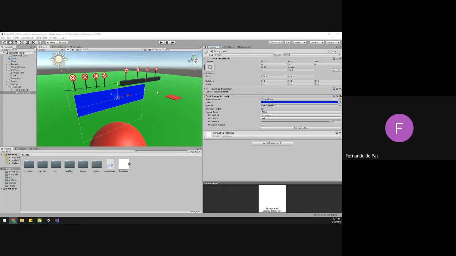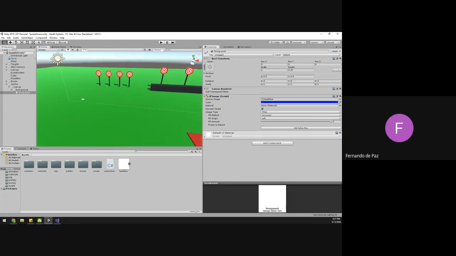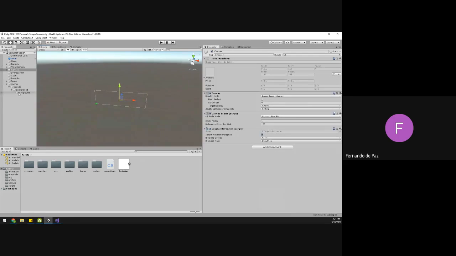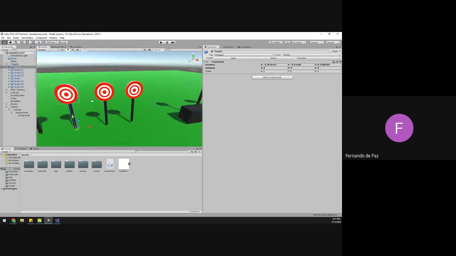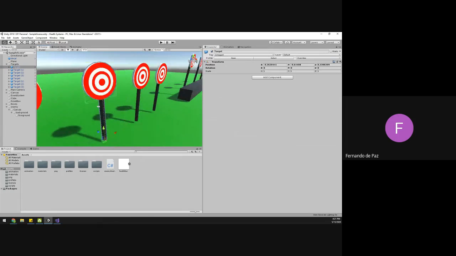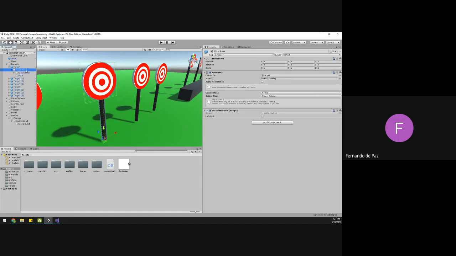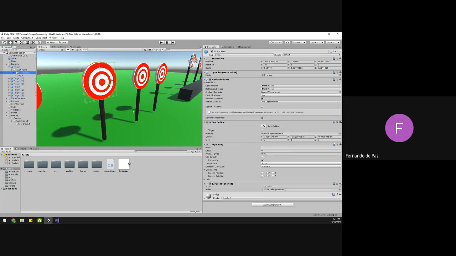Okay. I don't understand your question, but here's the information about the left and right. If you click on the targets, take a look at my screen. Your targets should appear, and you should have a parent called target, and then pivot point as another parent. Pivot point is the animated part, and the target head is the part that gets hit. So if you click on pivot point,